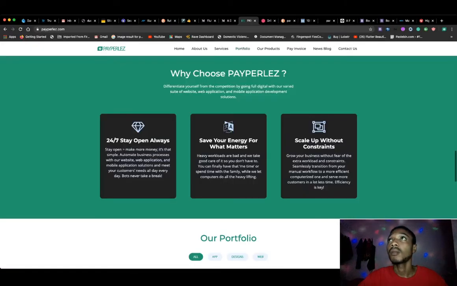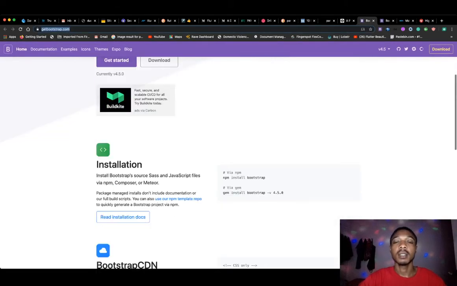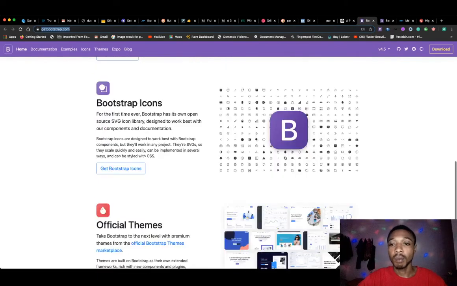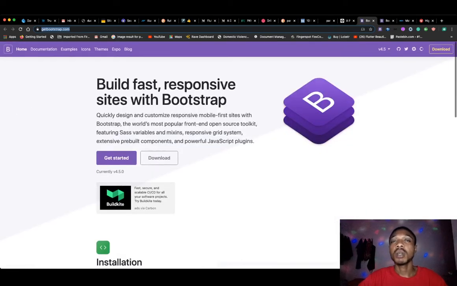So Bootstrap is built for fast and responsive sites. Bootstrap is one CSS framework that you have to know, and there's another. I'm showing you two of my best CSS frameworks, and you can go and research; there are numerous ones out there. There's Foundation, UI Kit, Semantic, a lot of them, and these are the few that I can remember. But the two best that I use, if I'm not using Bootstrap,